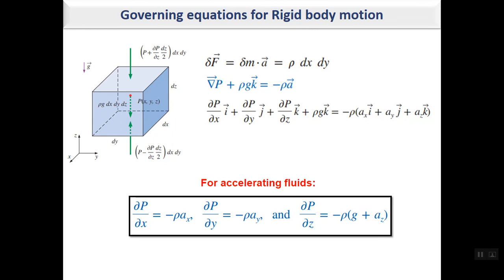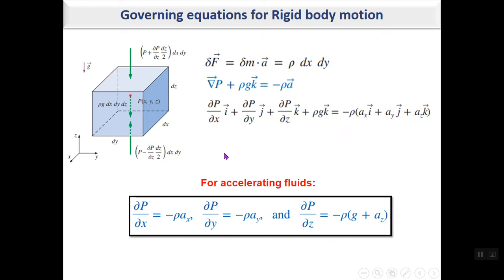If you write the equation for this case, Newton's second law for an element, as shown here, you reach the conclusion that gradient of P plus rho g k equals the acceleration term, in vector form. If you write the components, then